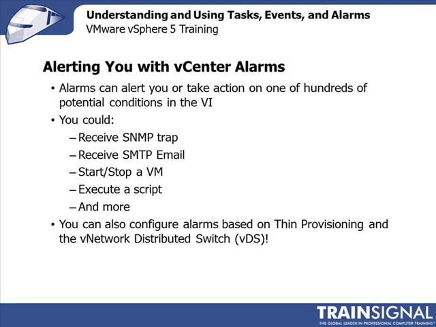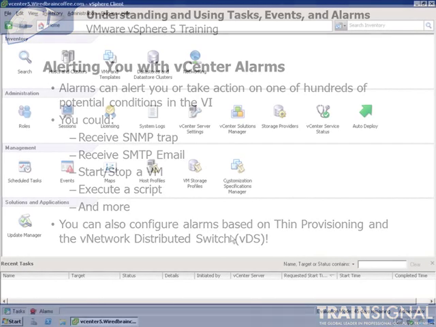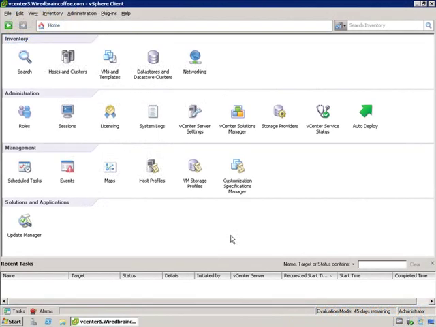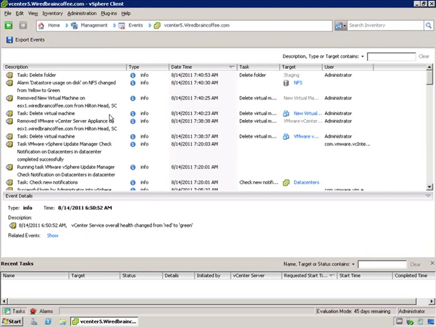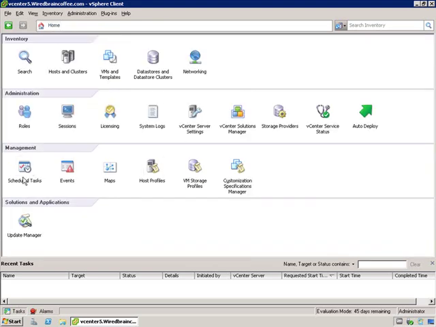All right, with that, enough presentation. Let's go ahead and jump into Virtual Center and see what we've got in there from an alarms and events and tasks perspective. All right, so we're back on our Virtual Center server here. And I'm starting you off at the home page. Let's start off by talking about things that are obvious. And let's start off by talking about the events home page here. So if you click on events, it's going to aggregate everything for you. Just a quick and easy way of taking a look at events. Now, if we go back to home, you'll also see that we have the scheduled tasks here, which we're going to talk about in a second,